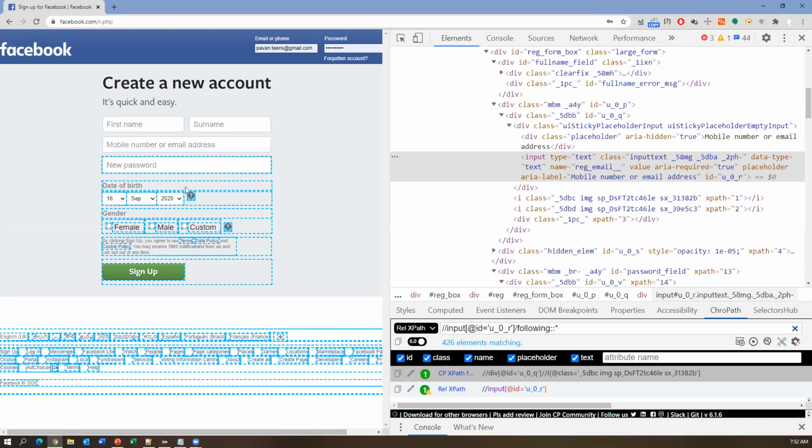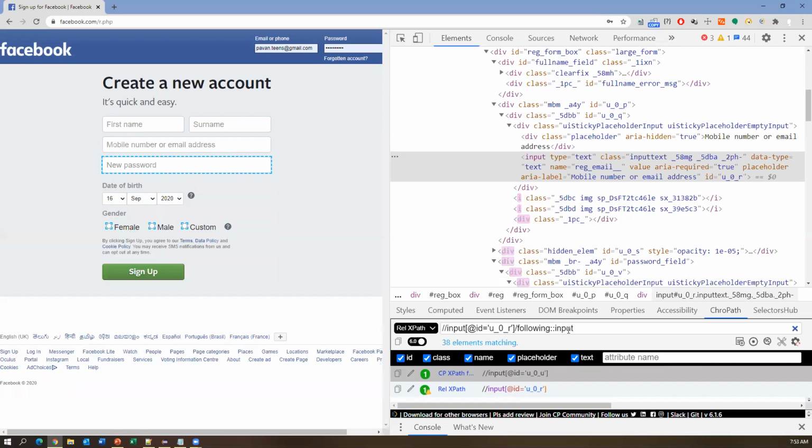So for this mobile number, these are all following nodes. Whatever elements are highlighting here are all following nodes of the mobile number. But which following node do we need to access? The new password. Here the new password tag name is input, so instead of star, I can simply say input. Now observe, it is highlighting new password.